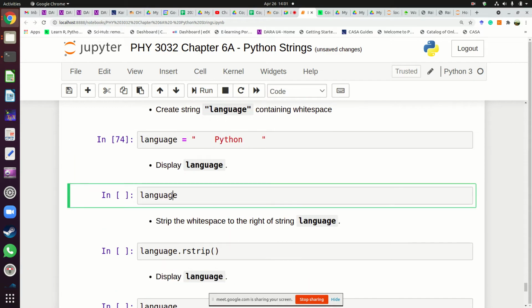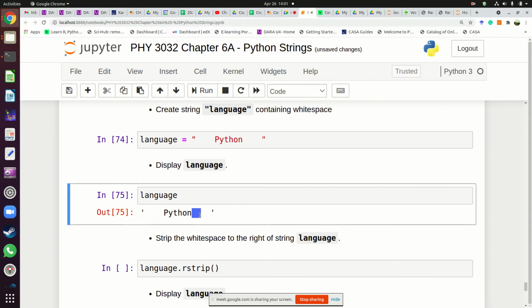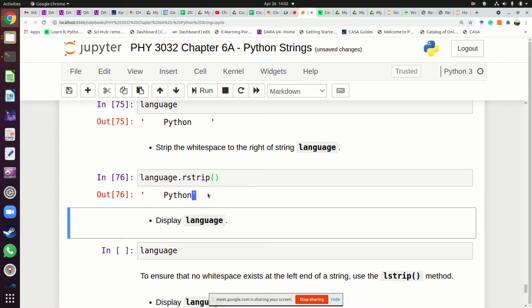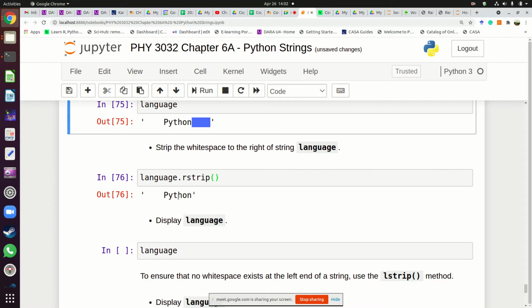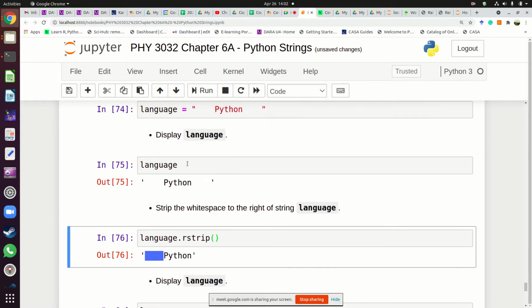If you display that, this is what you see: a string with spaces on both sides. If you want to get rid of the space on the right only, you say language.rstrip. This removes the spaces on the right, so you end up with only Python on that side, but the other spaces on the left remain. Again, this works on a copy. If you try to display language,